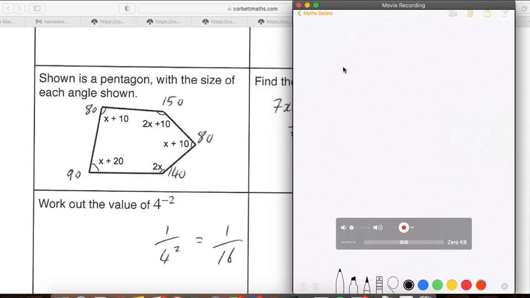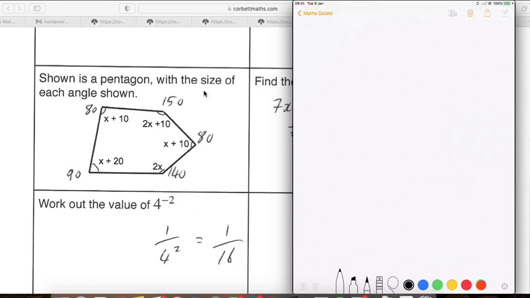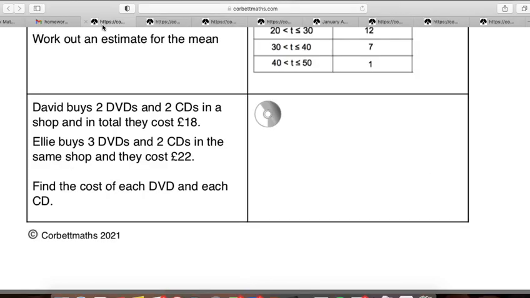Okay, so basically how it works, can you see this all right? Yeah, so with